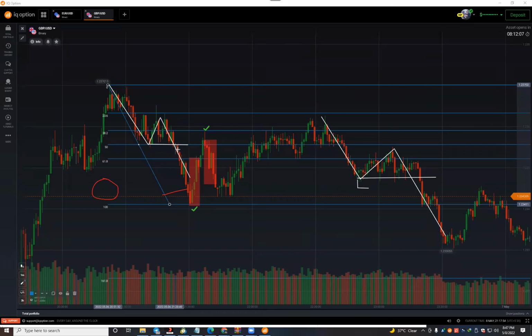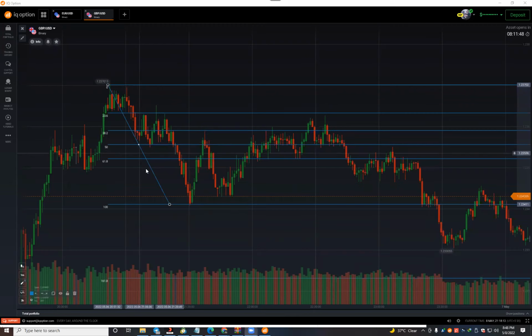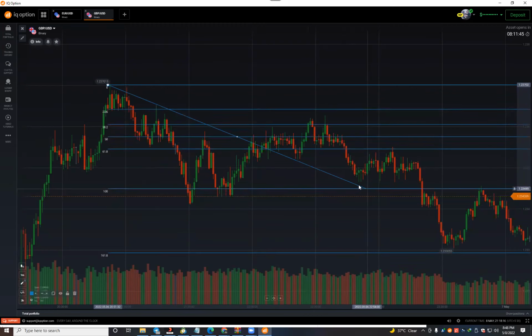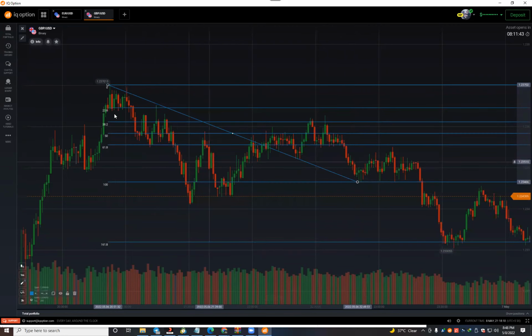When the first candle breaks this low, then I will select this low and this high. When this low is broken, then I will select this low and this high. Are you getting my point? Yes, sir. Now, come and select this low and this